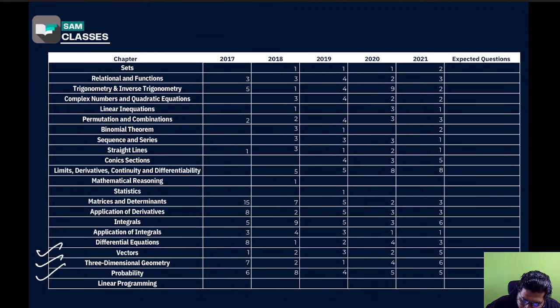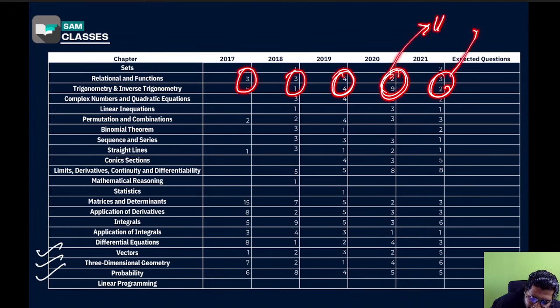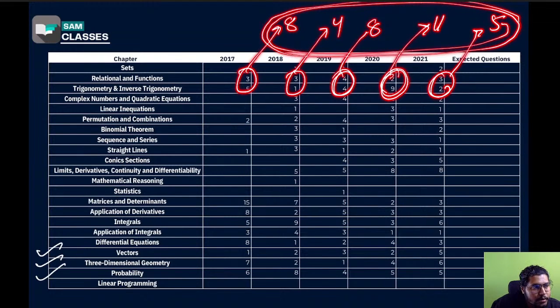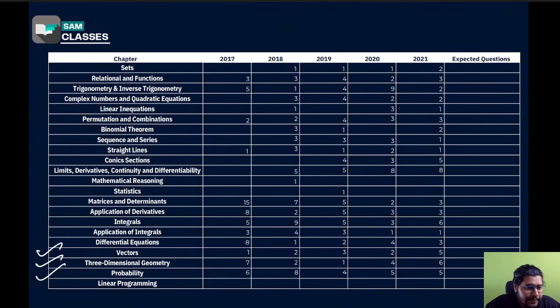Again, the next important topic, if you see, trigonometry, inverse, relation and function. Very important. See 3, 5, 3, 1, 4, 4, 2, 9, 3, 2. A lot of variations are there. 11 marks here, 5 marks here, 8 marks here, 4 marks here, 8 marks here. So variations in Comedk is huge. You can't just say that if I do only these chapters, we will get it. You have to do almost all of it. Questions are not very difficult, but you have to do. It varies a lot.